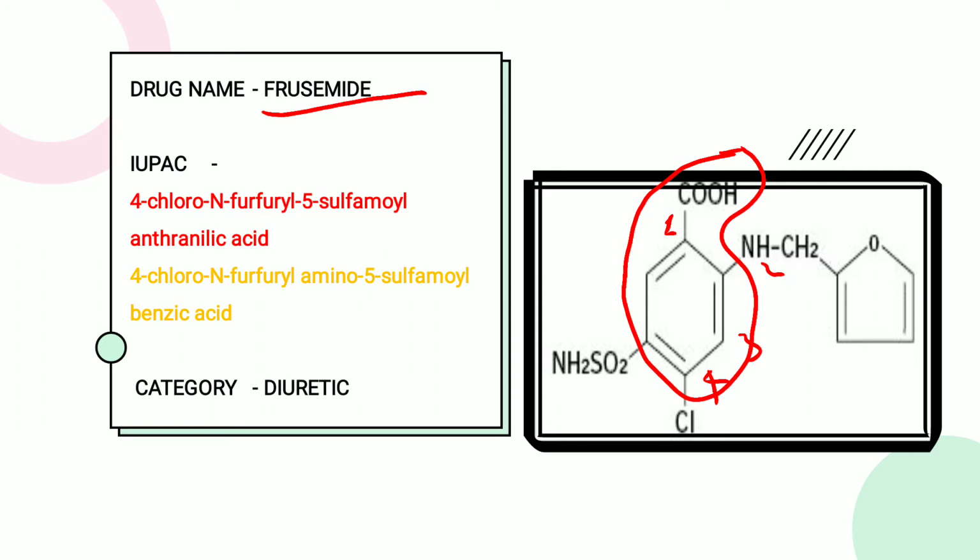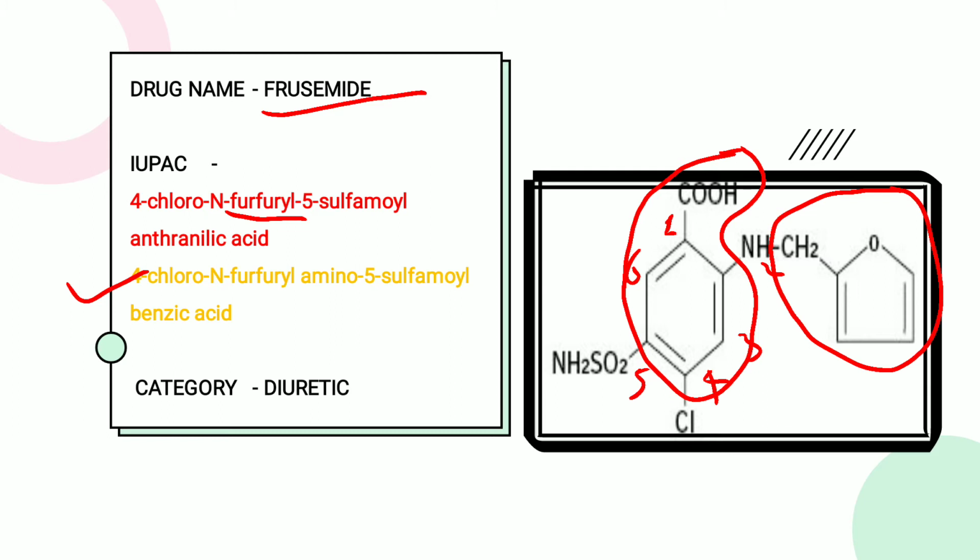On the fourth number there is a chloro. On the fifth there is one of the groups, that is SO2NH2, the sulfamoyl group. And on the second number, what is the group? First is CH2 and a furan ring, that is the furfuryl group, and again one more is the amino. So we conclude the chemical name as 4-chloro,